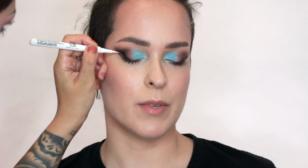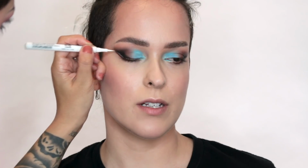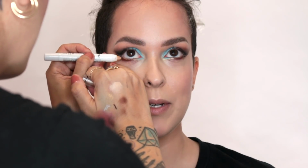Just going in with the NYX felt tip white marker just to intensify that white a little bit. Let me show what that looks like. So Cici's connected the bottom and the white just extends the waterline a bit. Just opens the eye up a touch. You'll see it in certain angles. I know I'm further away from camera than usual, but...